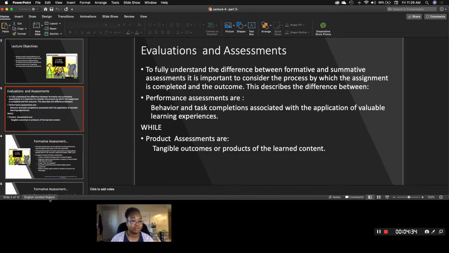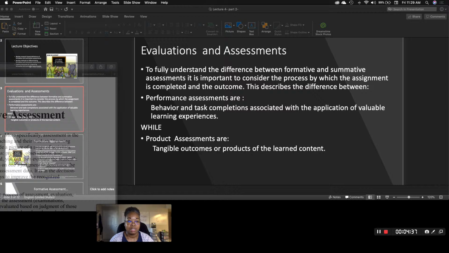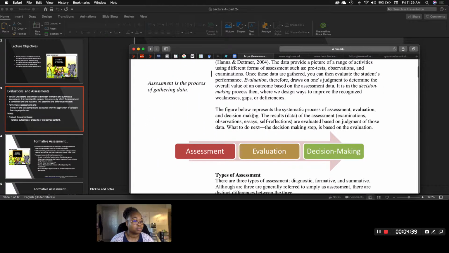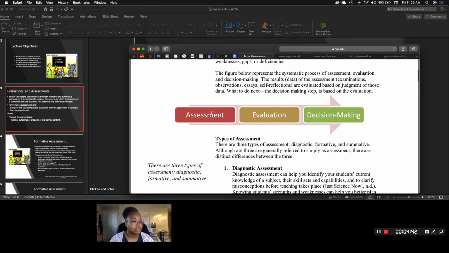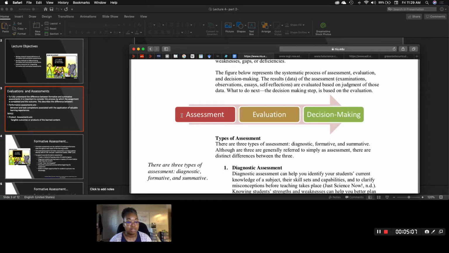And let me just take you back really quickly to here. So you'll see in the article, it shows assessment, evaluation, and then decision making. So here is where you're doing a lot of the formative. You're doing the diagnostic assessment prior to you even starting the unit. And I know you're kind of like, what? That can be as simple as something as a KWL chart. It can be a quiz. It can be anything that tells you what the students know prior to them starting the unit that you're